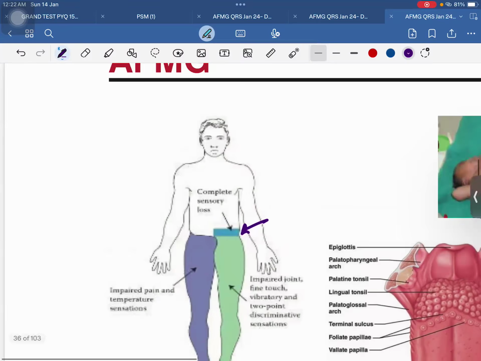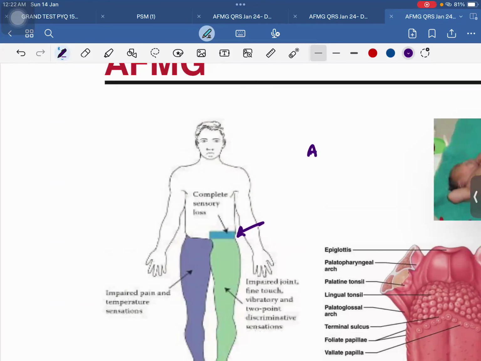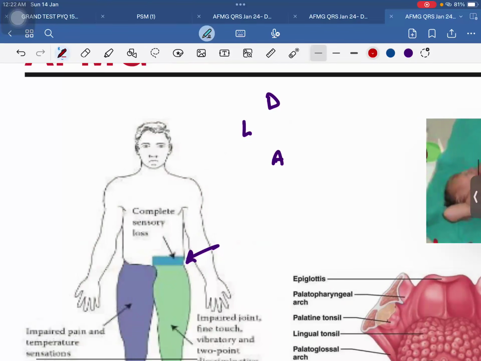We know there are three columns in the spinal cord. There is an anterior column, there is a lateral column, and there is a dorsal column, beta. The anterior column is going to carry the fibers which are responsible for crude touch